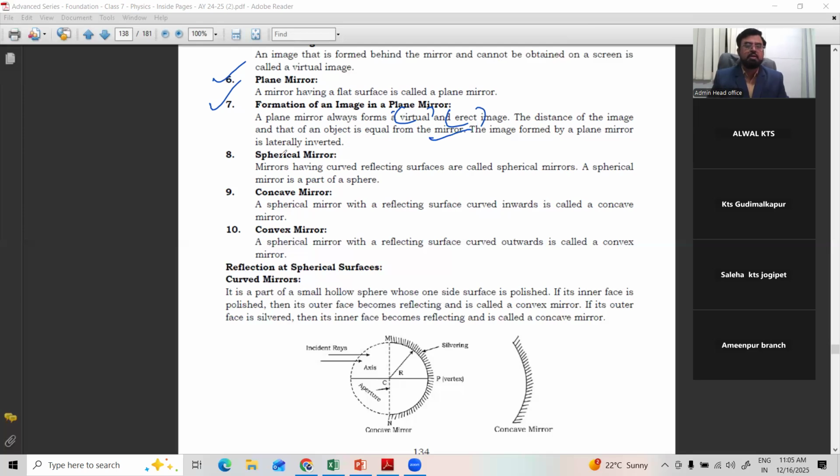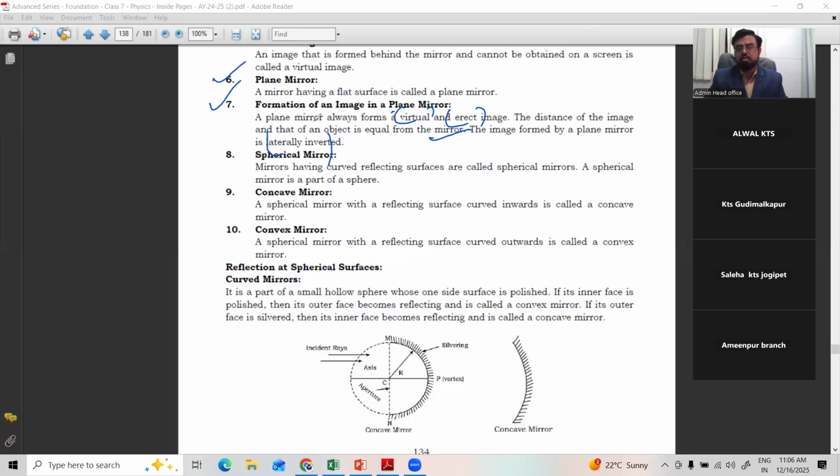Okay, formed by the plain mirror. One more very important thing is that the image formed by the plain mirror is laterally inverted. Suppose I am raising my right hand, this is my right hand, but you can see it as a left hand in the mirror. Go and stand in front of the mirror. First you stand in front of the mirror. You can see your own image of the same size, same color, same dress, whatever color is there, that only. You move 2 steps back, that image also goes back behind the mirror. You come close, it will also come close. Means the distance from mirror to image is the same as mirror to object.